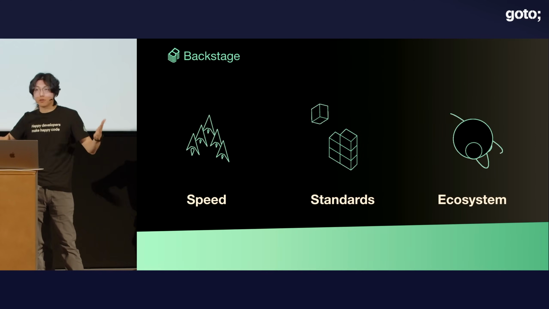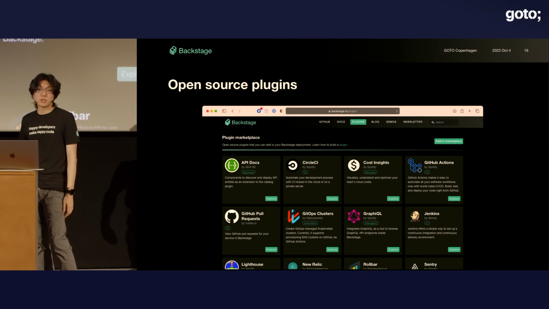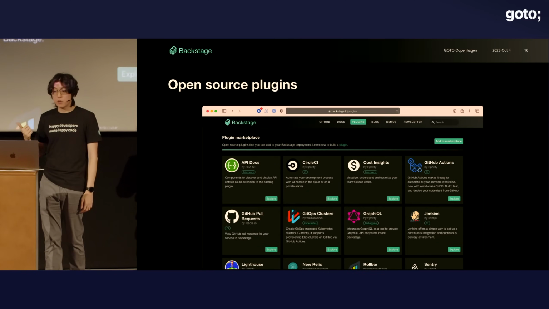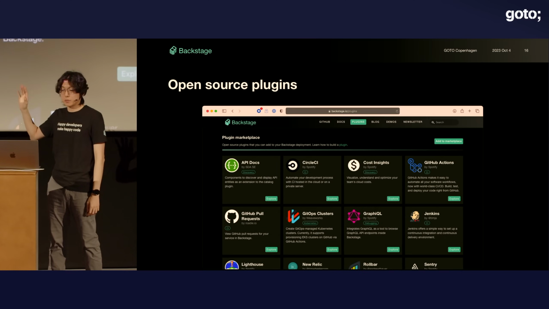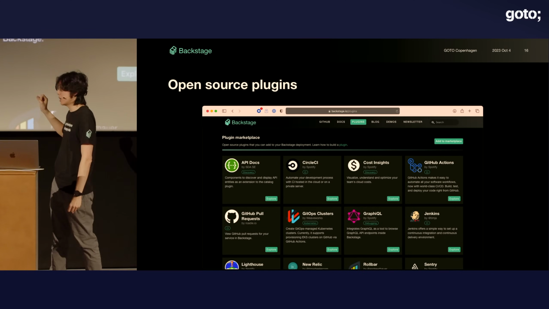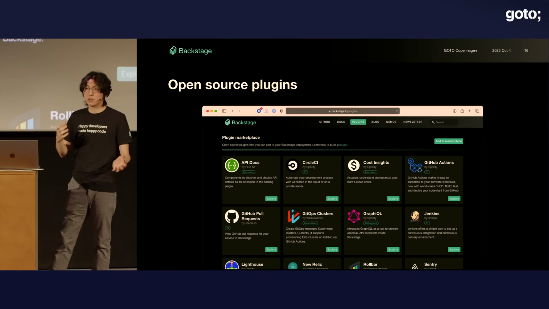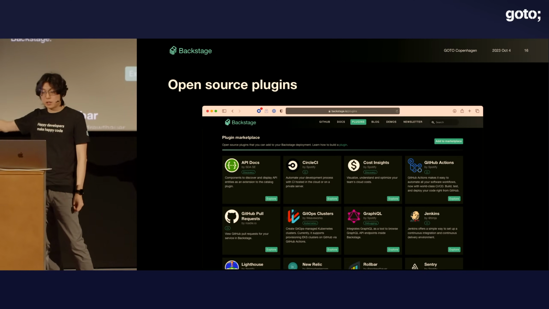Spotify has done that for hundreds of plugins. But also, you can leverage the ones that already exist. The open source community has built a ton of really great plugins. This is what makes the community so awesome and what makes Backstage so powerful already, even if you haven't invested a ton of time maybe into your organization's specific needs, because all of the typical tooling that you would expect,